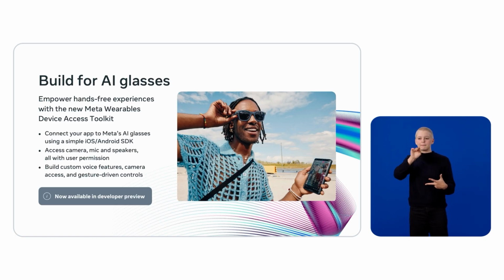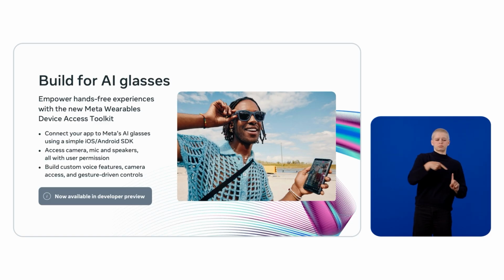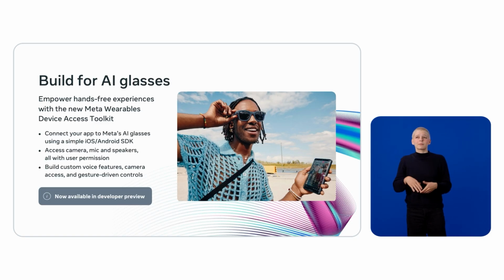Maybe you want to stream video from the cameras to capture a live event or to support remote assistance. Or you could use voice commands to control your app and trigger media capture. You can even provide audio feedback directly to the users or use tap gestures to send lifestyle events to your app and build behaviors around those events. Think of all the lifestyle, messaging, social, and productivity apps that could take advantage of the stylish, lightweight Ray-Ban Meta glasses that can be worn for extended periods of time on the go.